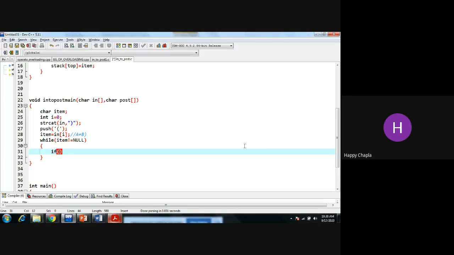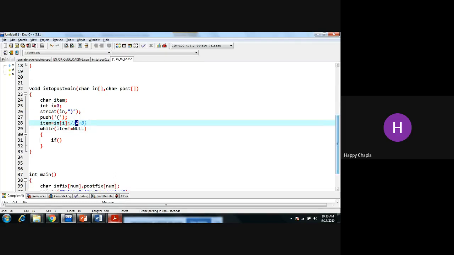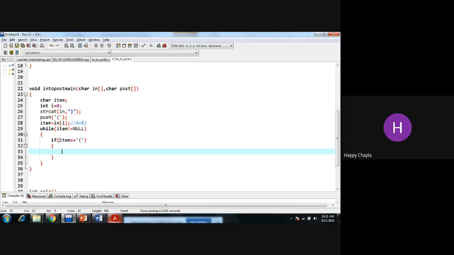Okay, जब तक इस array की condition null नहीं हो जाती, null is the last character of your string. तब तक मुझे सारी की सारी value turn by turn scan करनी है, right? So first time we are here for this capital A. तब तक आपको सारी की सारी वैल्यूज चेक करनी होगी. First, if we are encountering a starting bracket, we can check if item is equal to starting bracket. तो आपको पुश करना है.